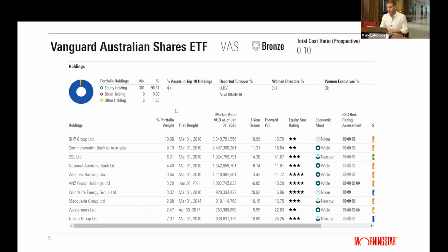And Simon's saying there's also X20, which is market weighted, excluding the top 20 ASX. So what we're looking at there is eliminating those large companies. That's also going to be a good diversifier for you if you're trying to get away from that exposure to the really big companies in Australia. So that's a really good point, Simon. Thank you for making this. All